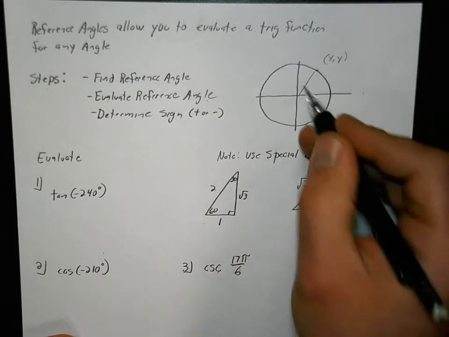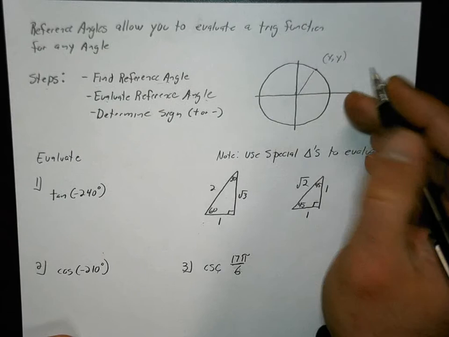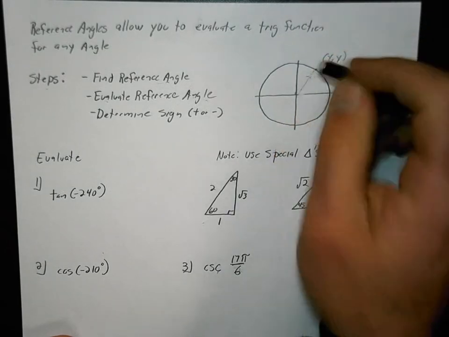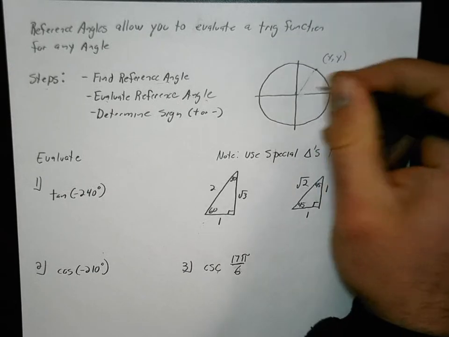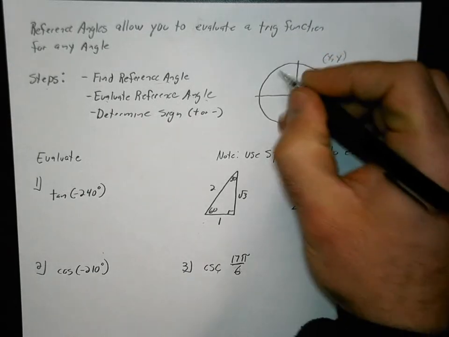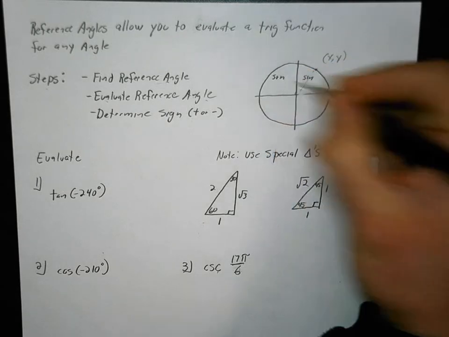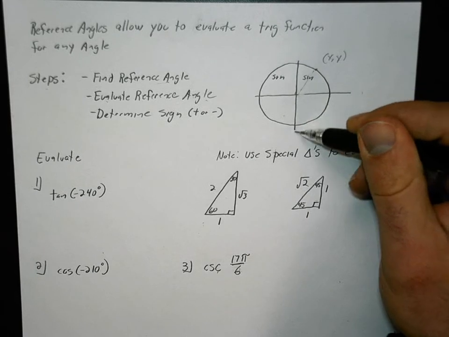That means that where is y positive? It's in this quadrant and this quadrant. It's positive. Okay, so what I'm going to do is write down where sine is positive. Sine is negative down here because any y coordinate